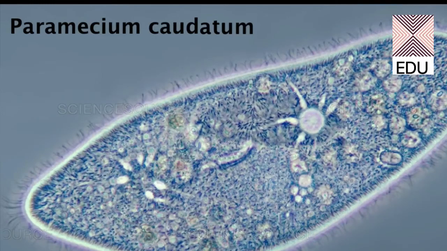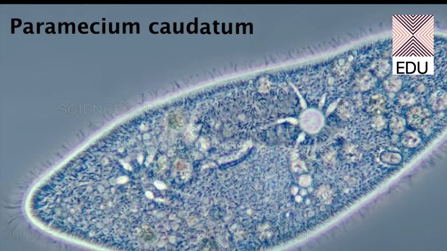Paramecium chordatum is commonly known as the slipper animal because the shape of this animal is very comparable to a slipper. Secondly, this animal has a very large number of cilia, which you can see in the diagram. These are small protrusions from the outermost layer of the paramecium which help in movement. So it has a large number of cilia which help in movement in water. The paramecium swims with the help of cilia.